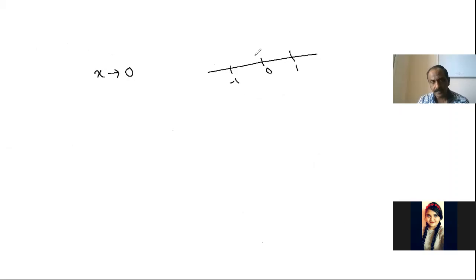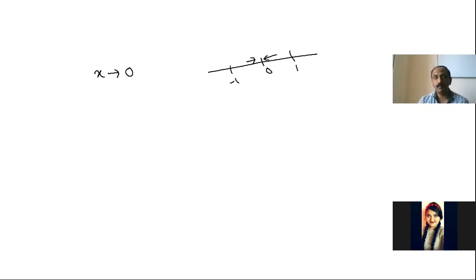So x can be negative. Do you agree with that? x can be positive, both ways. So x has both the values, positive as well as negative. Do you follow that? So in this chapter, what I'm going to do is find the limit